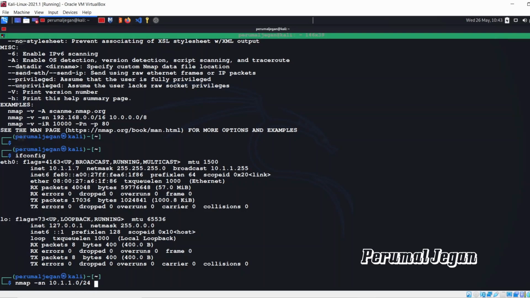I need to filter the unwanted results. I mean, I need to get only the list of alive hosts. So I can simply filter out the unwanted results by pushing them into the /dev/null path. It's like a black hole.